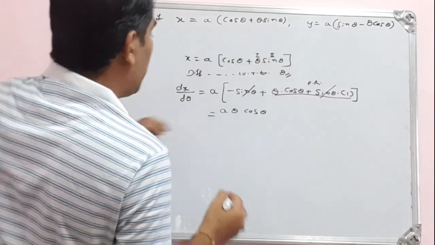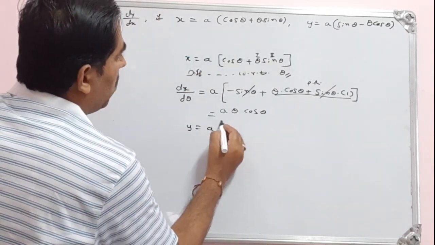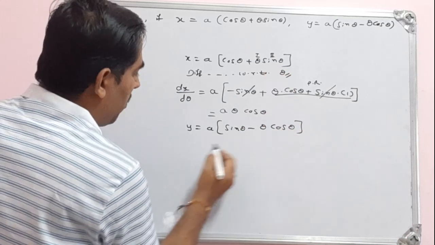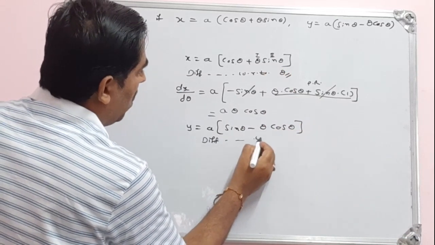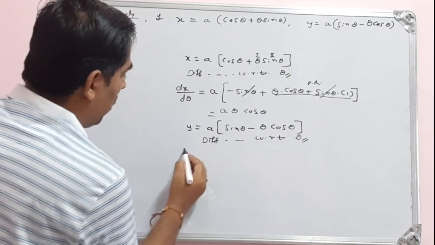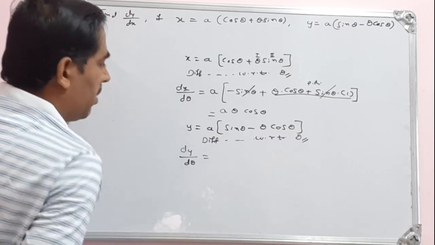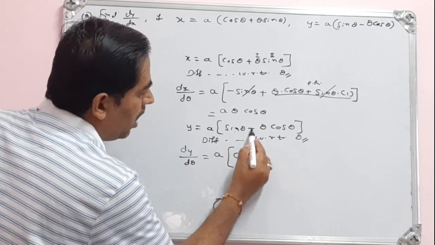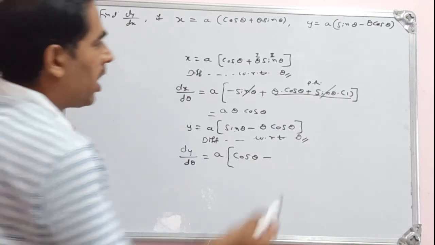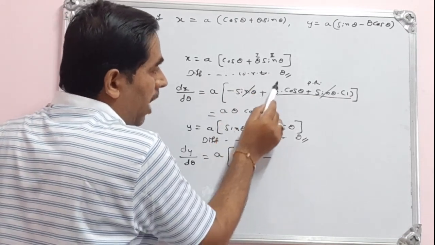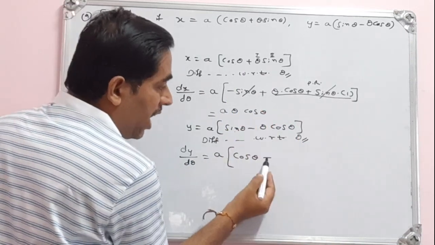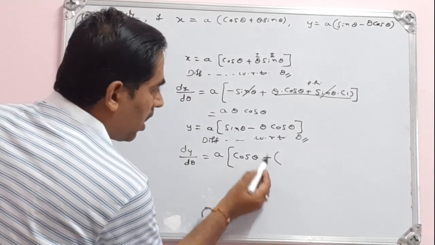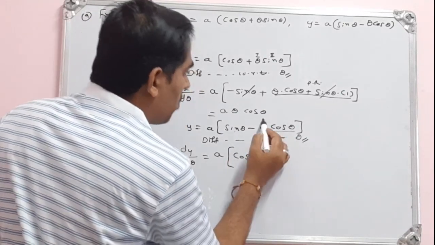Similarly, you take up y. y is equal to a into sin theta minus theta cos theta. In the same way, we differentiate this with respect to theta. On the left hand side, you can write dy by d theta. I write a as it is. Once again, derivative of sin theta is cos theta. Then write the minus sign here. After writing the plus sign earlier, I did not write the bracket because it was not necessary, since plus is there. Here we cannot do that. We have to write the bracket before applying the product rule, because the sign changes in the next step. After writing this minus, put the bracket because I will use the product rule for this.